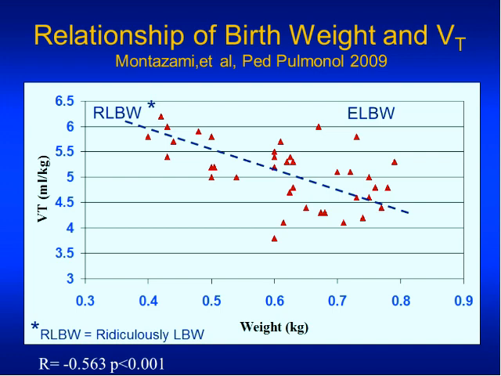So here's some data to indicate why very, very, very small babies need bigger tidal volumes. We looked at a bunch of babies less than 800 grams and, whenever we had a blood gas, we looked at what the tidal volume was. And when the blood gases were within a normal range, this is what we got. The bigger babies, the 800 grammers, had a tidal volume of about 4.5 to 5 ml per kilo, just as we had previously determined. But when we looked at the other end of the spectrum, the ridiculously low birth weight infant, around 400 or 500 grams, it was closer to 6 ml per kilo,